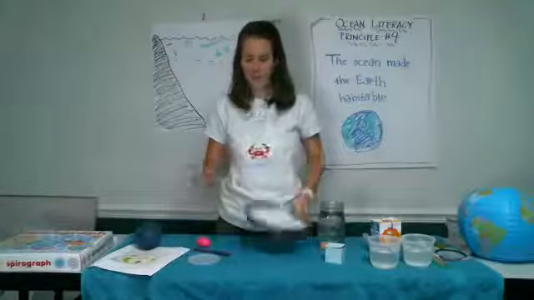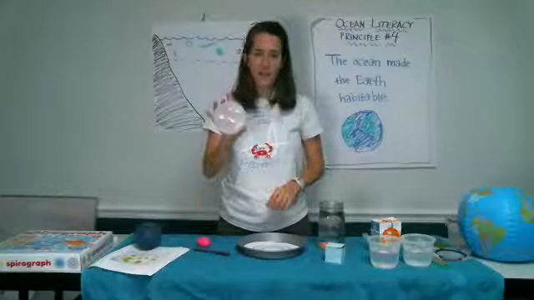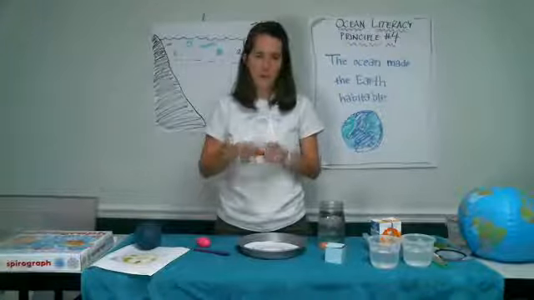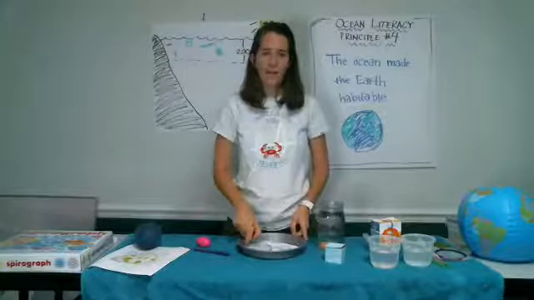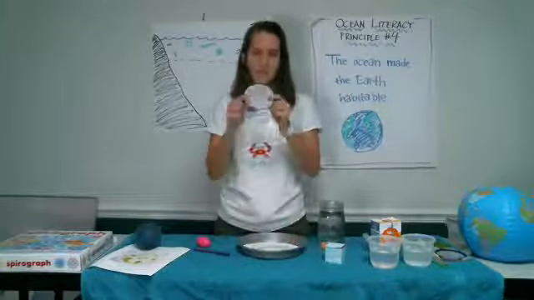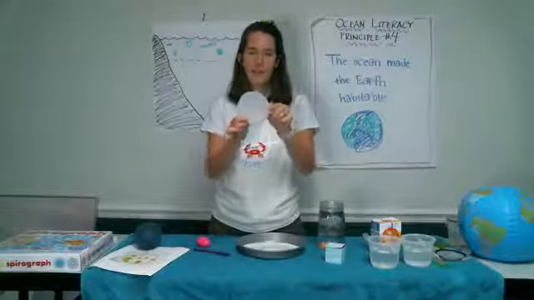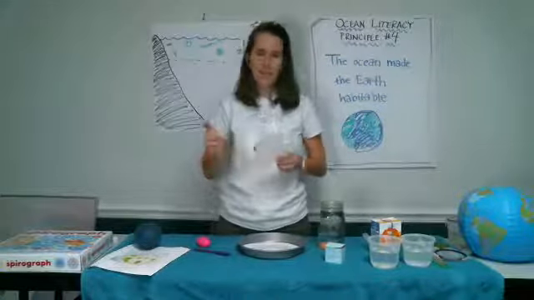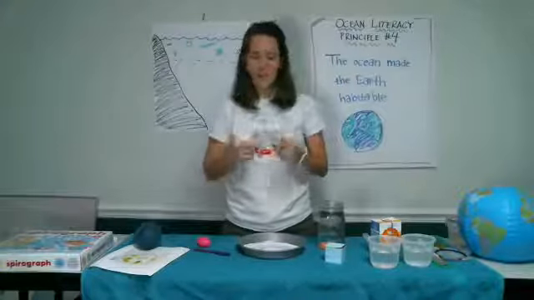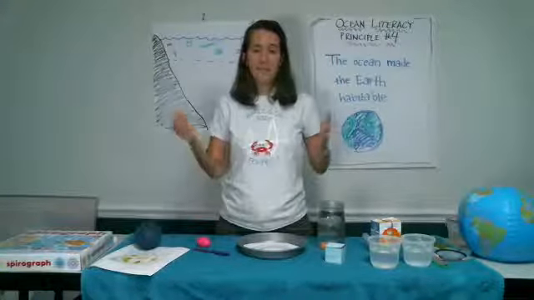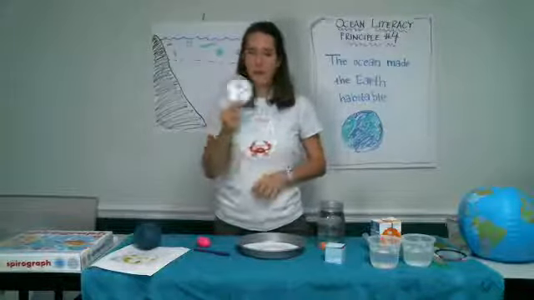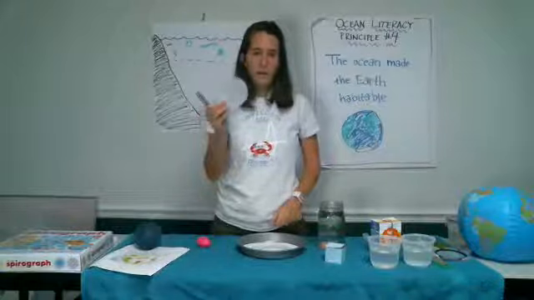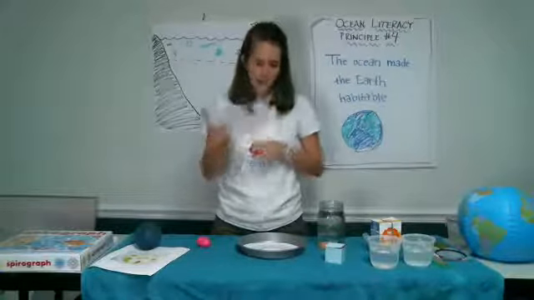So what you're going to do is take your lid and then put the rubber band along the outside. This is going to provide traction so that it can spin around inside of your cake pan. In my lid here, I poked some holes. I used a nail to do this, but if you have that single hole punch out still, you can use that to make holes in your lid. If you don't have lids lying around, you can use cardboard and make this out of some stiff cardboard as well. All right, so once you have your holes poked in your lid and your rubber band around the outside,